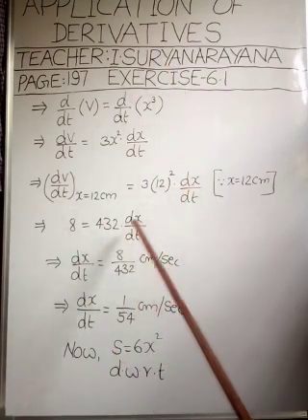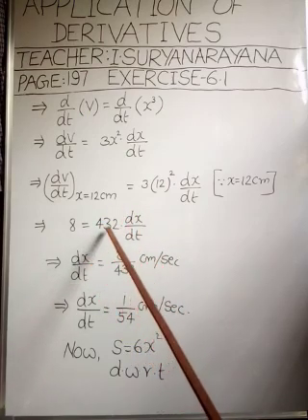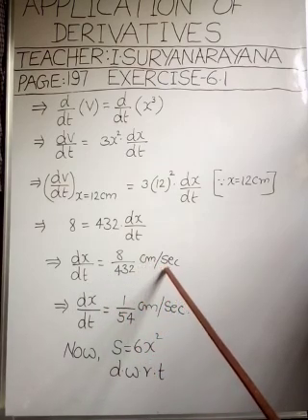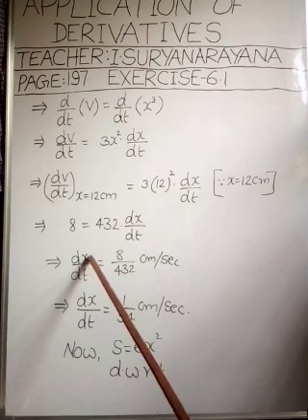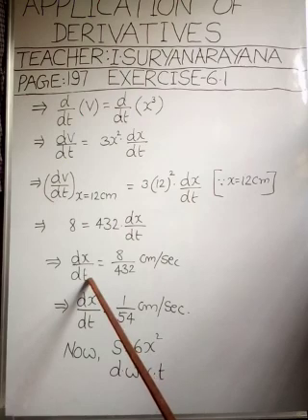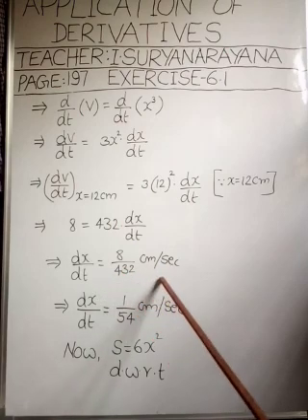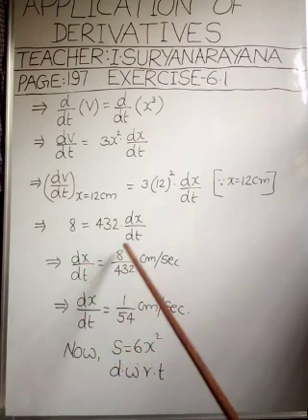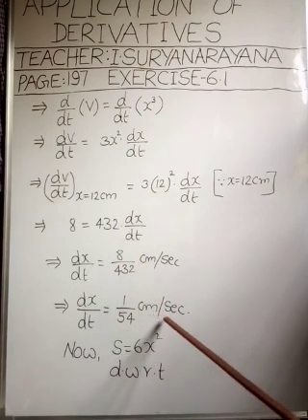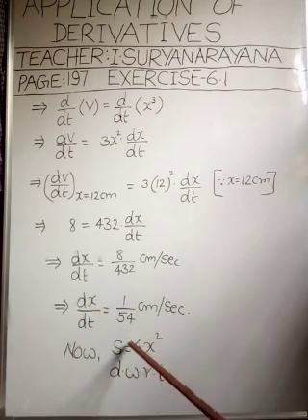Right. This implies from this equation we are finding dx by dt. So dx by dt is equal to 8 by 432. Understood this step, my children? Centimeters per second, because x denotes the length of an edge, so its unit is centimeters, and with respect to t, time is seconds. So centimeters per second. Understood this part, my children? Right. This implies dx by dt is equal to, by simplifying these two numbers, what will you get? 1 by 54 centimeters per second. So we have found here the value of dx by dt. But